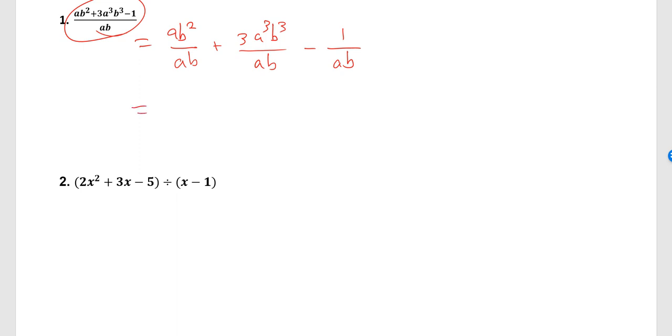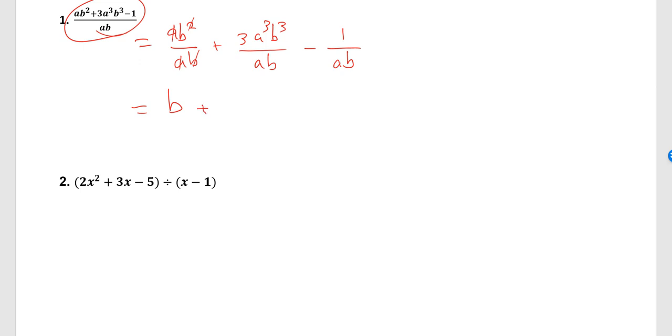Which equals, we can simply now reduce this. So a divided by a goes away. Cancel one b with one of these two b's, so we have a b from this expression plus a cubed